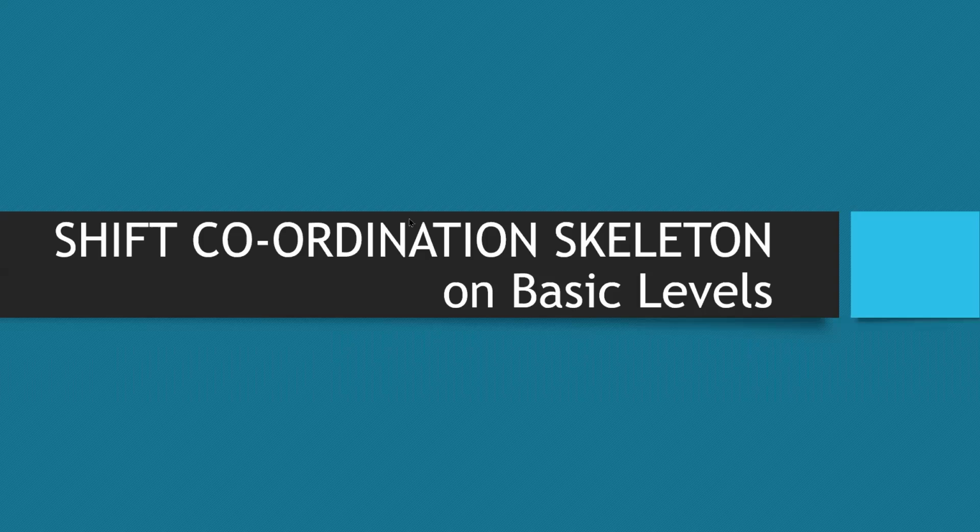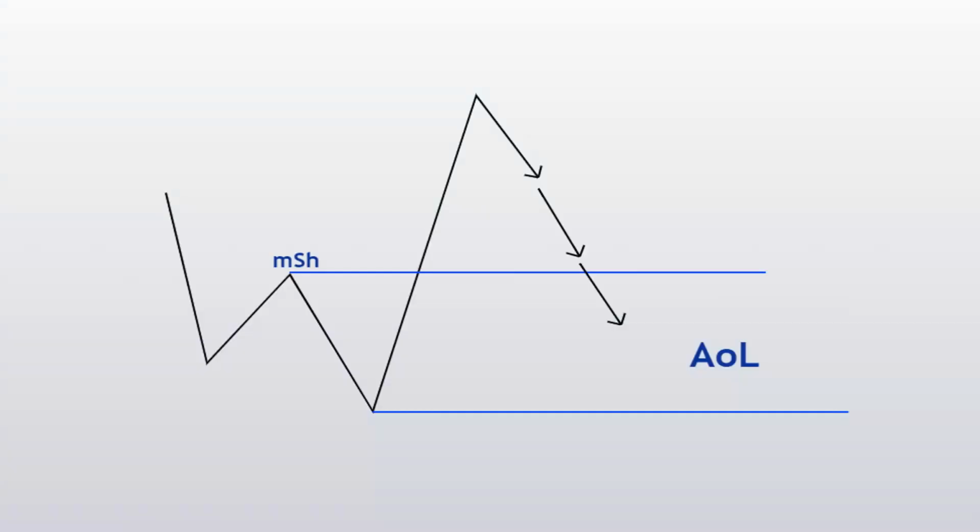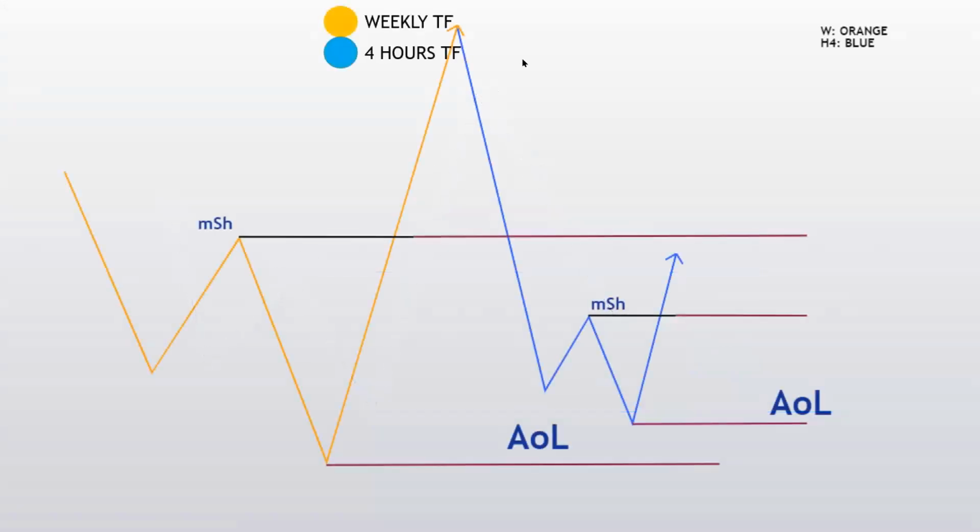So now let us discuss shift coordination on a basic level. When the market performs a shift, the market has to come to this area to find liquidities. For example, the market may have performed a shift on the weekly time frame, as indicated on this key. The market later on has to come inside. Then the market has to perform also a shift on the 4 hours time frame. We have a weekly point of interest. If the market comes inside this area, the market has to perform a shift on the 4 hours time frame,